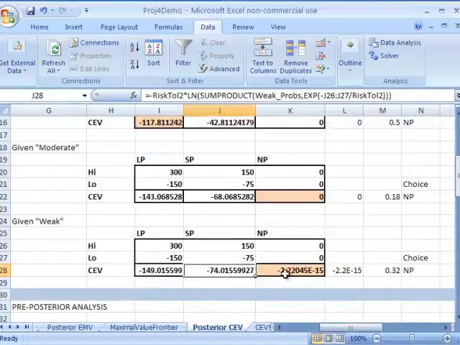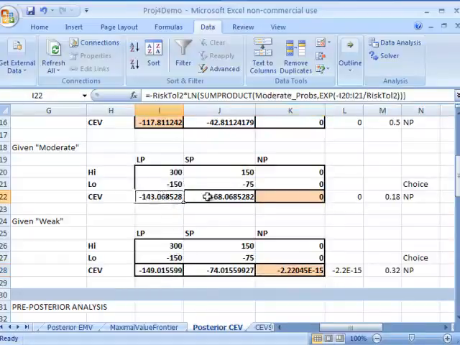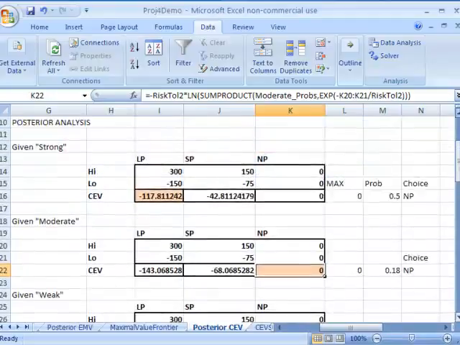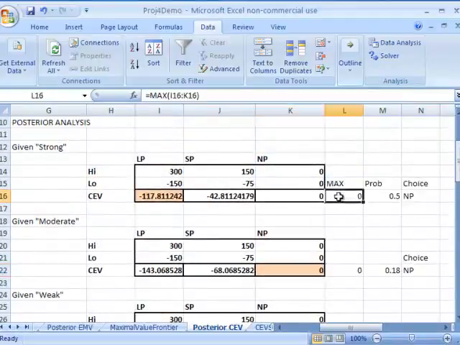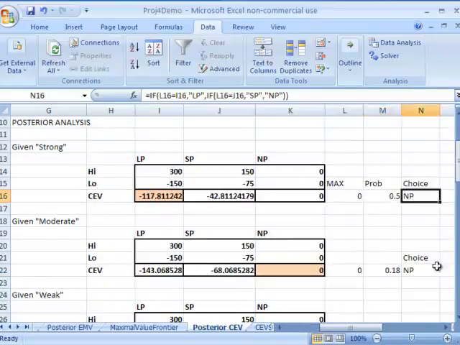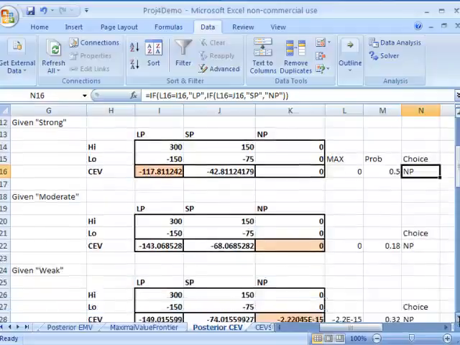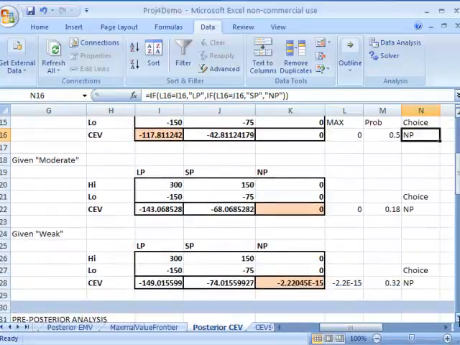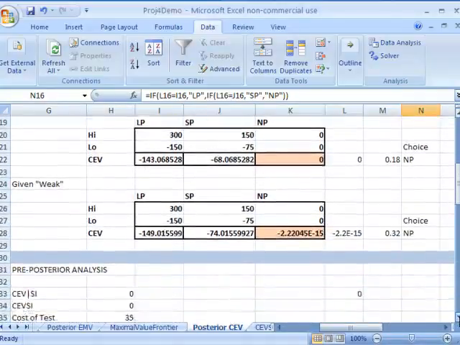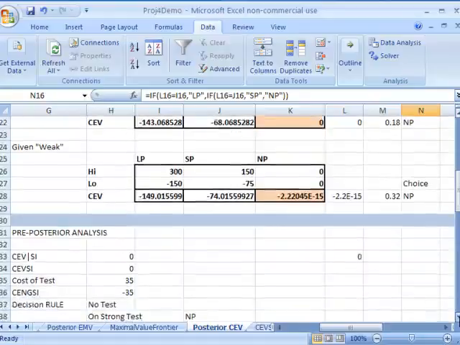Okay, and of course it's the same all the way across, the same set of probabilities in each case to get our results. So then we compute our maximum value. Again, we have a replication of the probabilities and a computation of the optimal choice, which is no plant in each case here. Of course, at this small risk tolerance, it's not worthwhile to